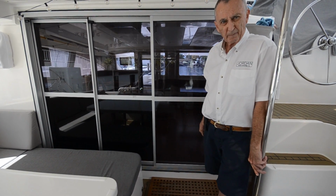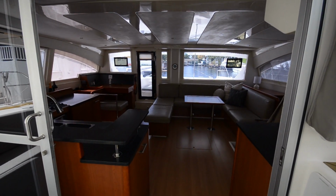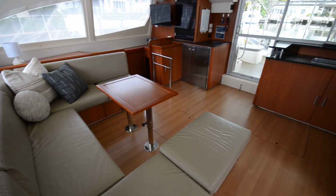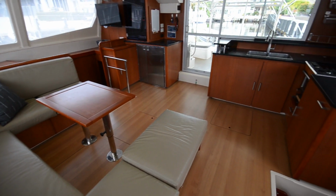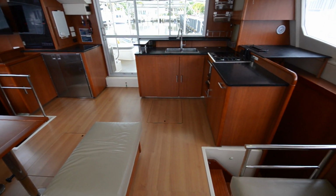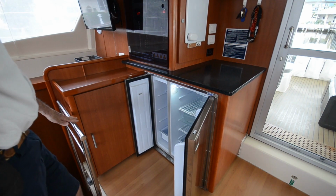The 3-panel sliding door leads to the elegant salon. The spacious salon is finished in rich cherry wood. There are 3 reverse cycle air conditioning units. There is also a 60-gallon-per-hour water maker. There's a dual voltage freezer refrigerator,